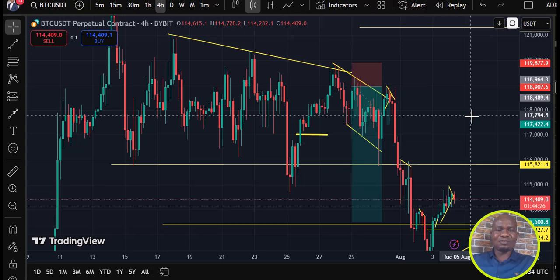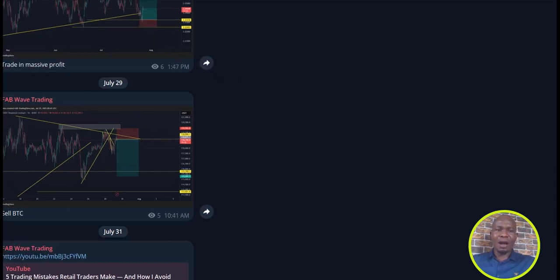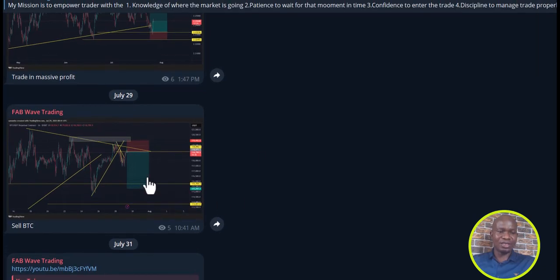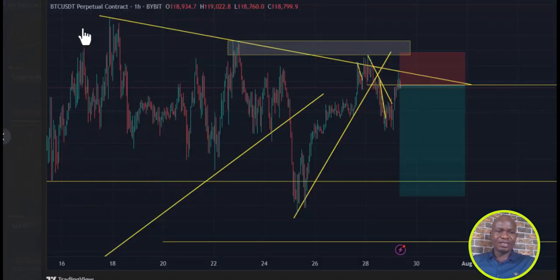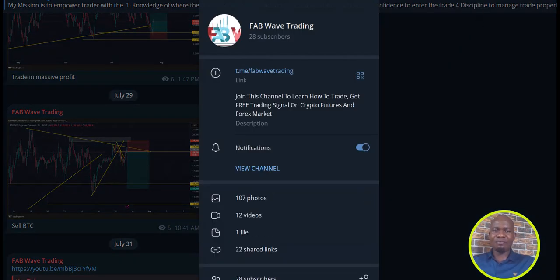And if you are doubting whether this is true, whether I actually caught it, look at our Telegram group here. This is our Telegram group, guys. Right here, I was able to show this trade. This is the trade setup. This is a BTC call, and that was on the 29th of last month. We set this setup because we know that BTC is going to fall, and that's actually what happened. It fell, and we now have this massive setup.